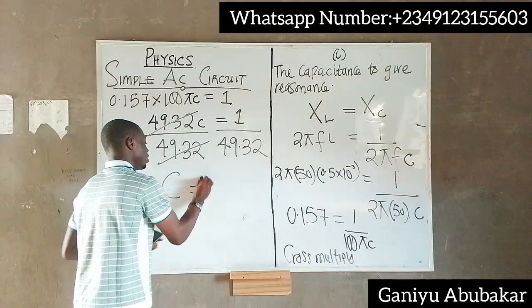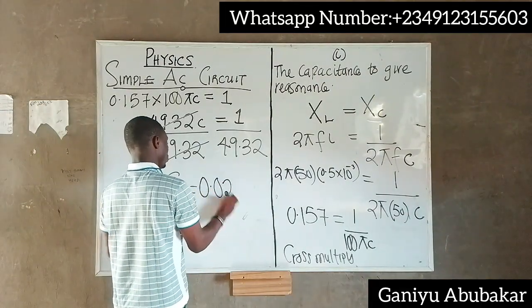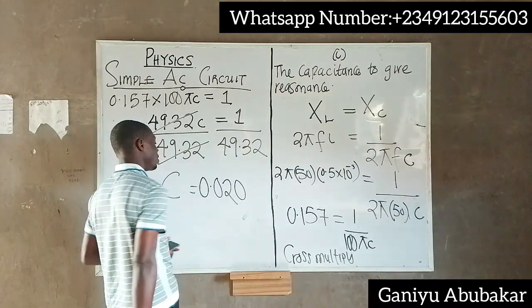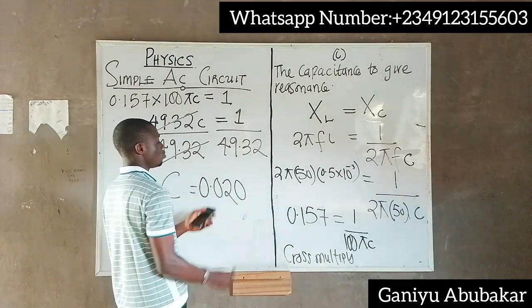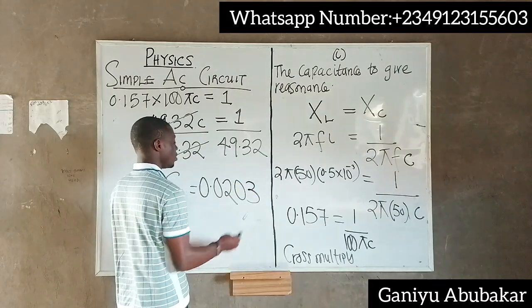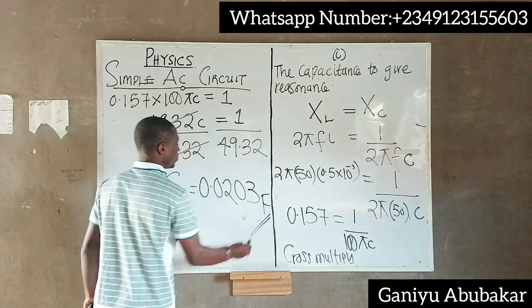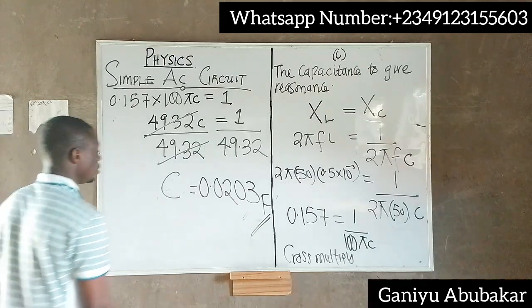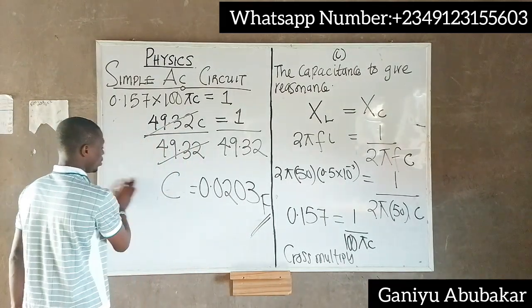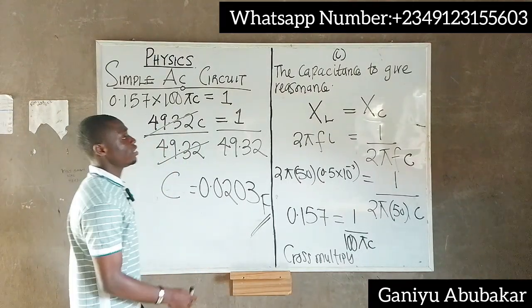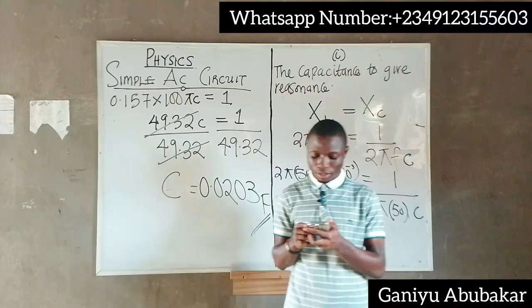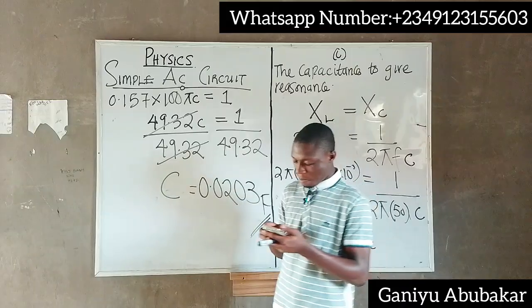This gives me 0.020, perhaps. I want to look at 0.0203, perhaps. Alright, F. I have this piece. So this is how this works. So this is the value for the capacitance to give resonance. Alright. Proceeding from here,